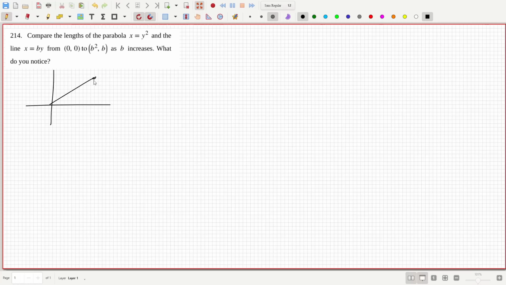That's nice and easy because you can just use Pythagoras to get the length of the line. So the length of the line is just going to be root b squared plus b squared. So that would be b squared times 1 plus b squared. So that is a-okay. Now, the parabola,